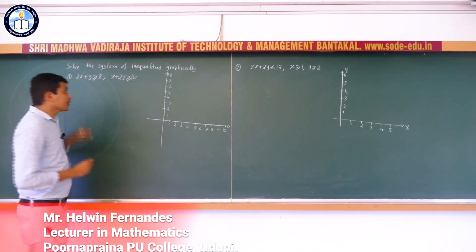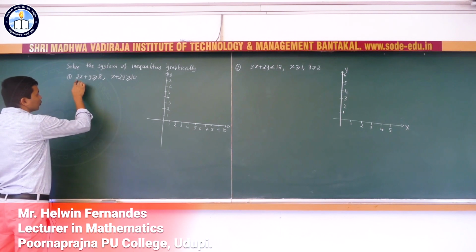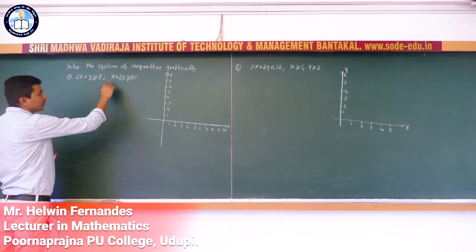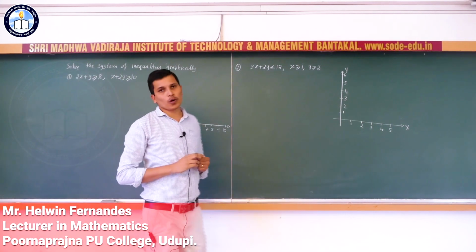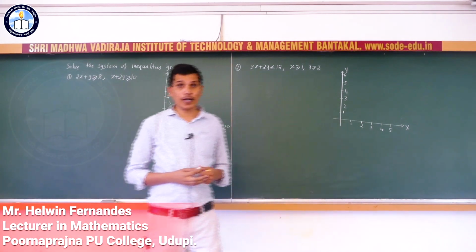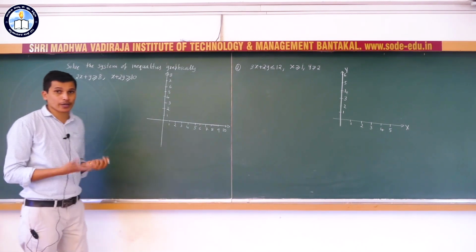Okay, now let's go to this question. So how many inequalities? 2, right? It is 2x plus y greater than or equal to 8, and x plus 2y greater than or equal to 10. That means both the inequalities should be satisfied, right? So that kind of region we need to find, those points we need to get, in the solution